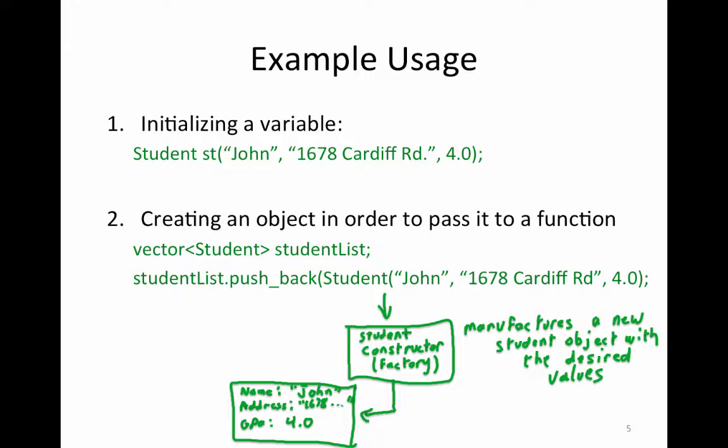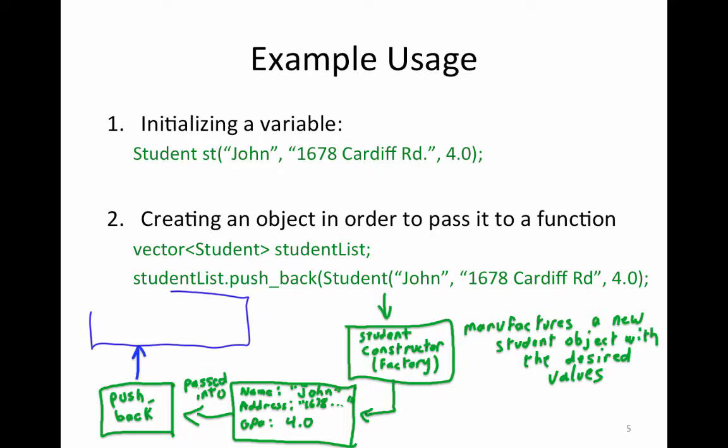Okay, now the student object is getting passed in the pushback function. Okay, and pushback adds the student object to the vector. So when we're done,